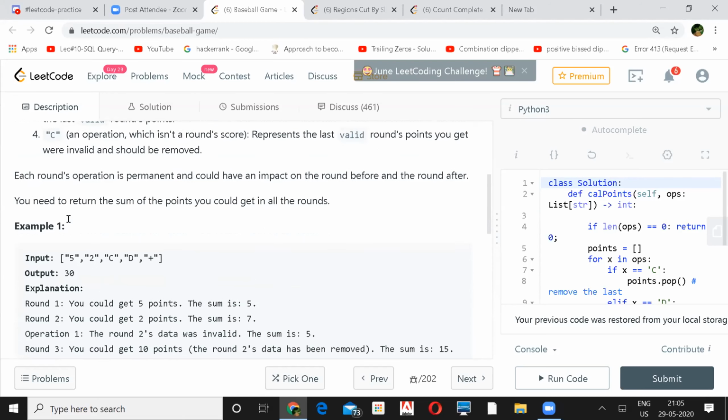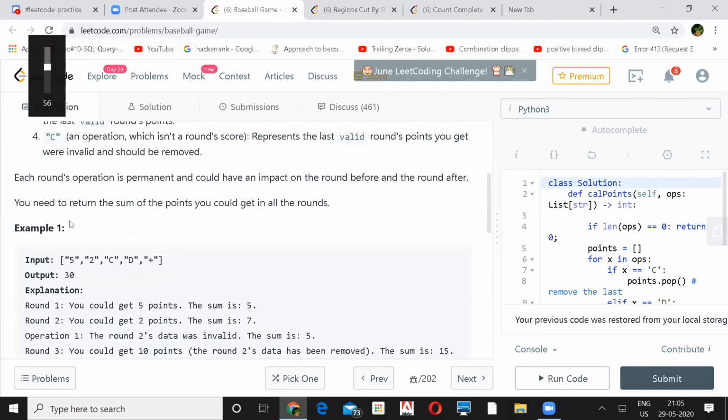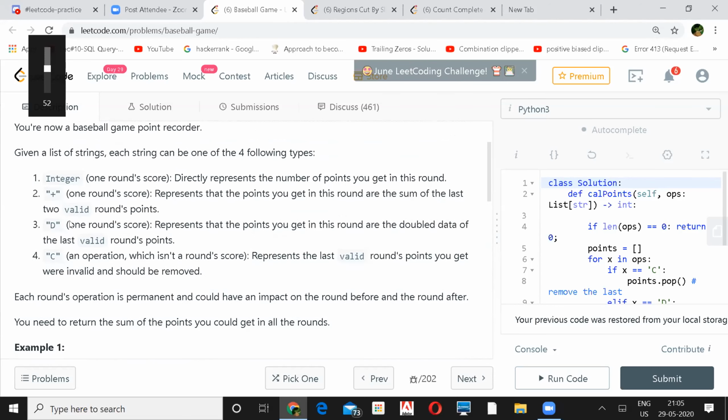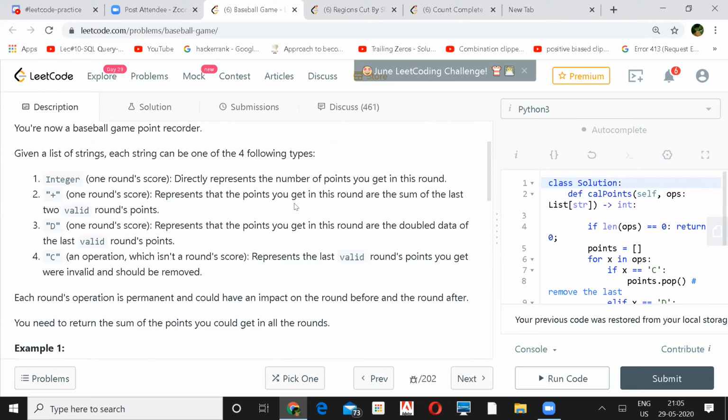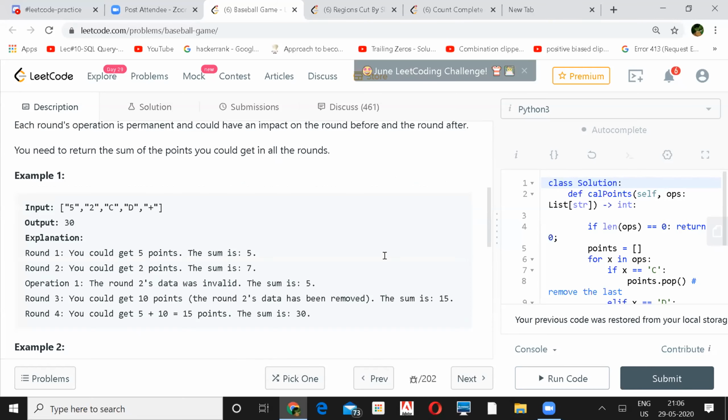So when you get plus, you add the last two round values, right? Exactly. And that will also be one round, right? So in the fourth round, in example one, your points are 15 calculated there, right?